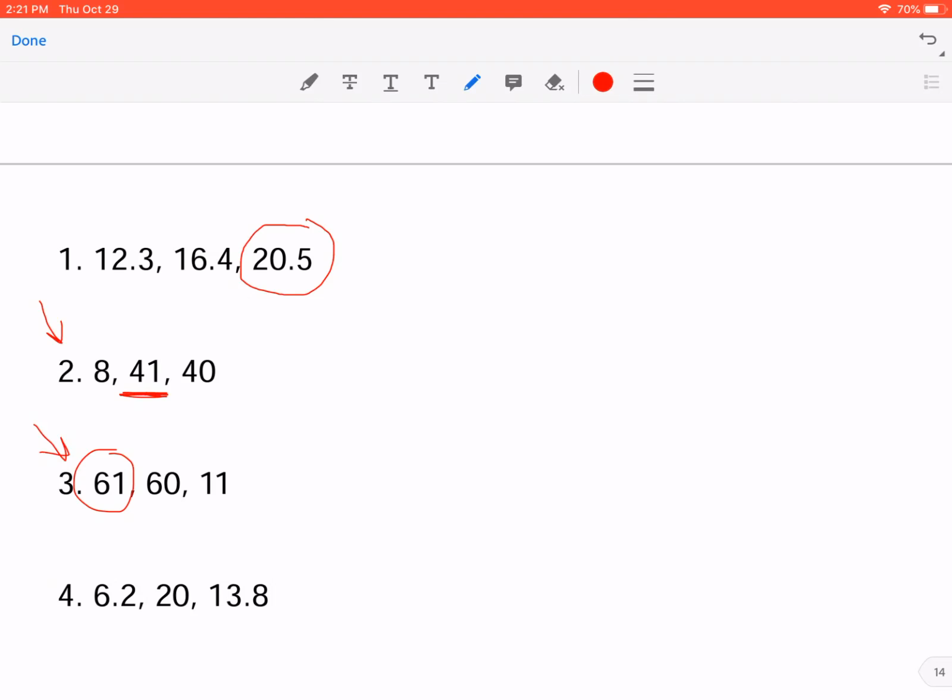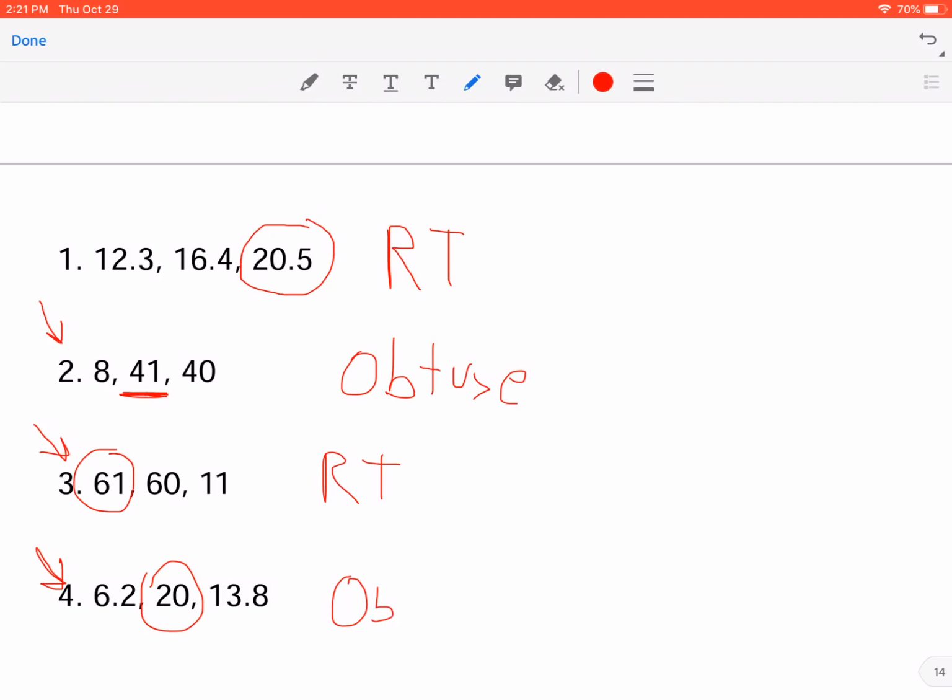And look at number 4. 20 is the hypotenuse there, okay? And then what you should notice, you can work these out. I'm not going to work every single one of them out here for you. It's the same thing every time. Number 1 should have been a right. Number 2 should be obtuse once you figure it out. Number 3 should be a right triangle, and number 4 should be obtuse. All right. So again,